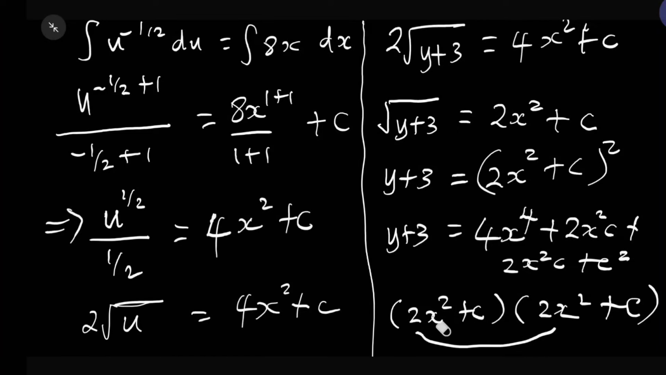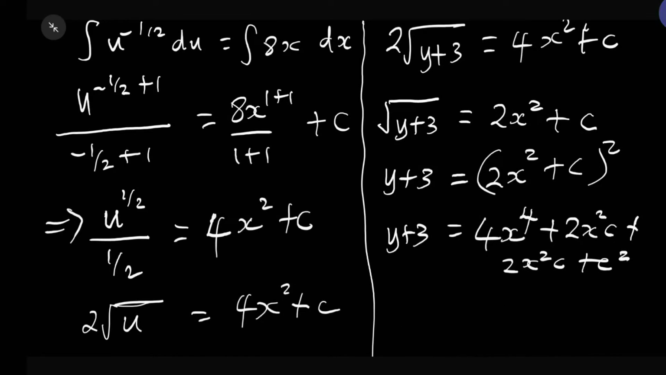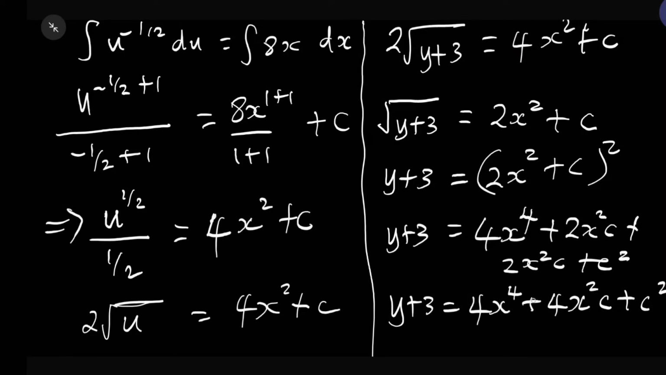Feel free to wipe this off. So it means we have y plus 3 equals 4x raised to power 4, plus these two can add together: 4x squared c plus c squared. Of course, c squared would still give us a constant, so we can simply leave it as c. Moving over to our next slide,